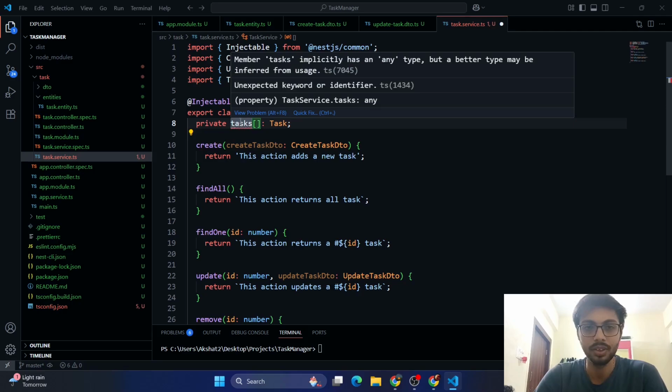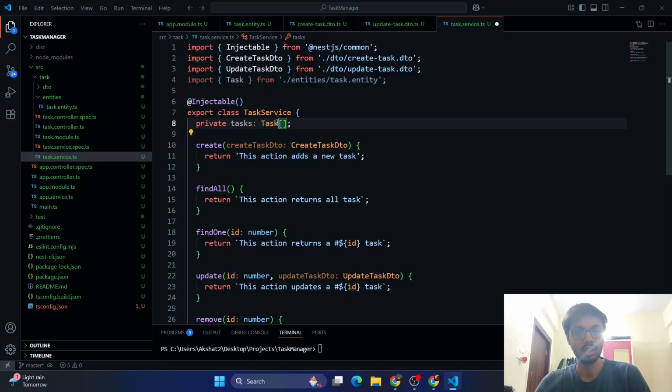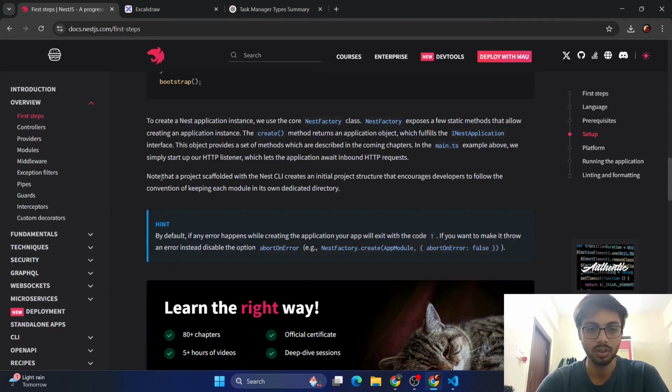I definitely wrote this wrongly. Member task implicitly has any type, but a better type connection. So this definitely comes. And I don't know, I thought it works like this. Task type setting. And yeah, it had an array for cats, so the